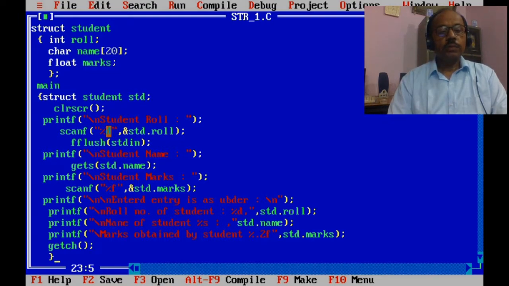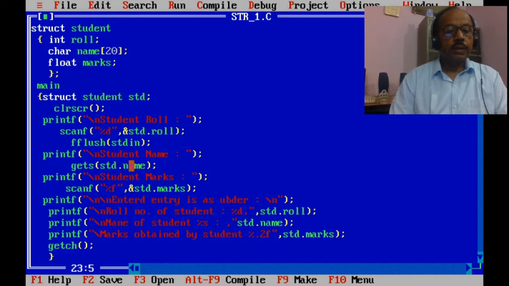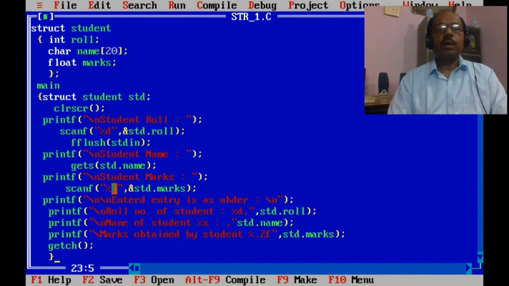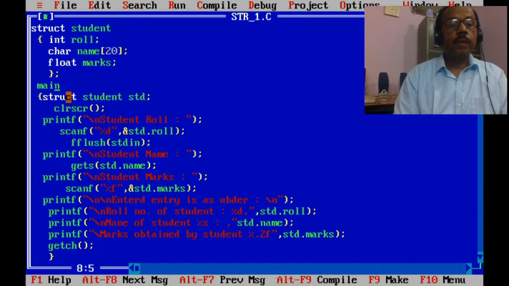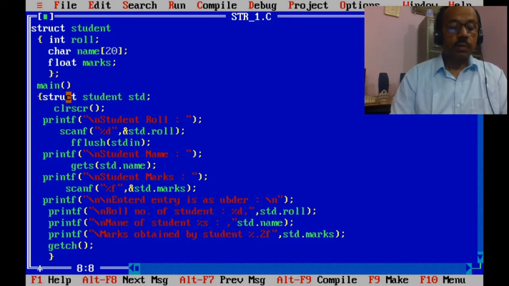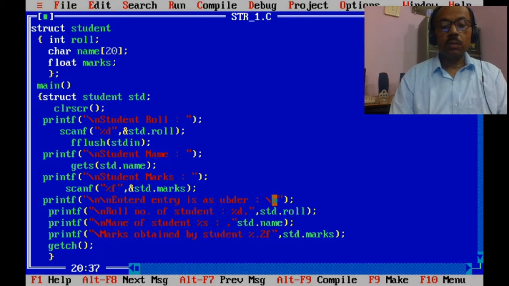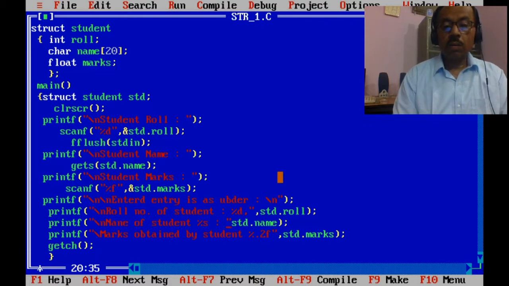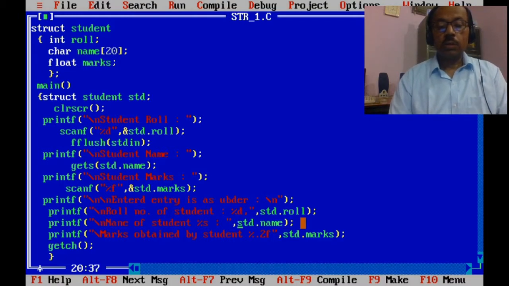And now you are inputting &std.roll, gets name, std.marks, and now I am getting the output. Here it has been left. Okay. Here there is std.name, std.marks.